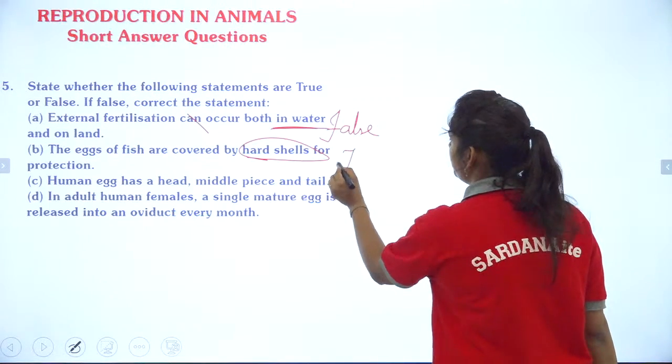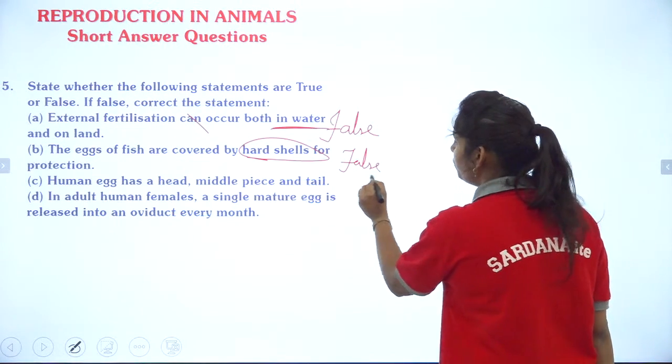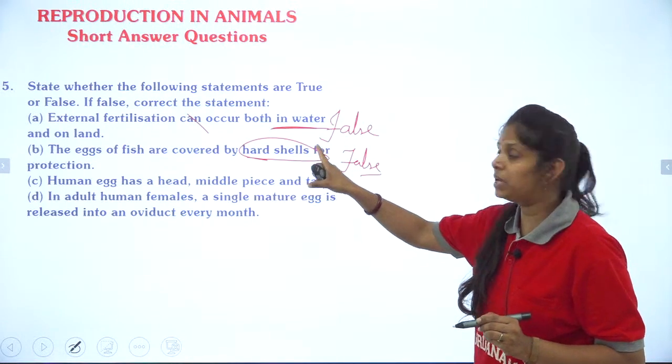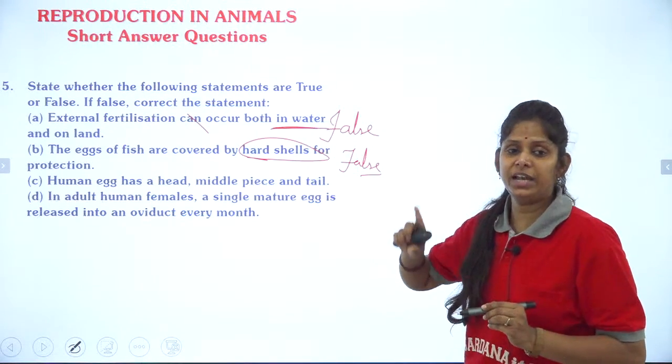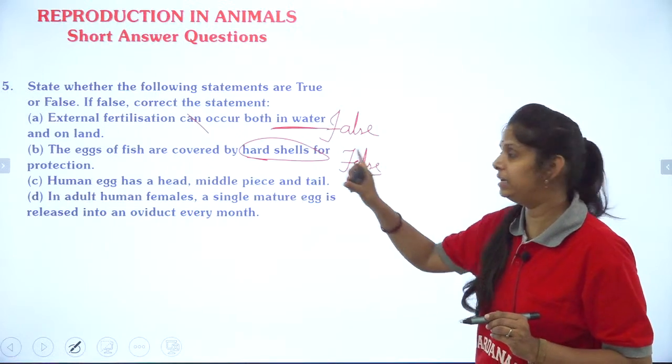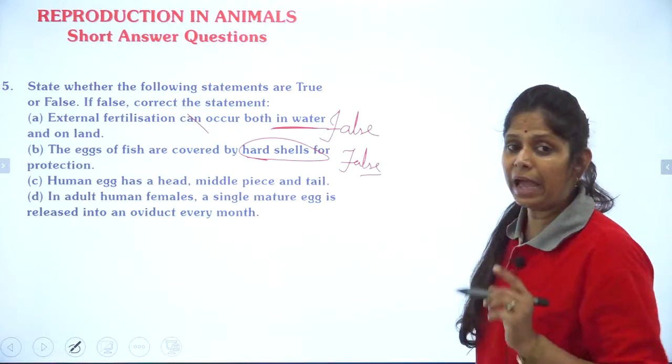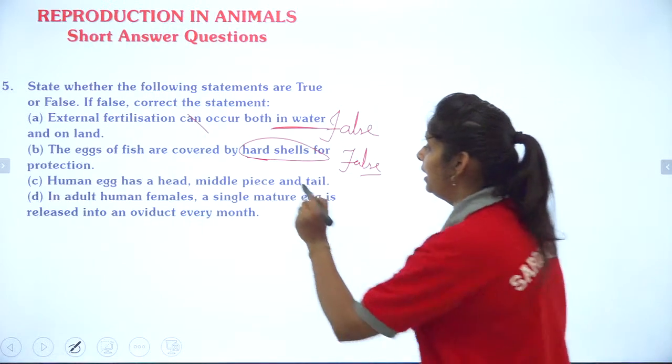So this statement is also false. And how will you correct it? By changing the words hard shells. In place of it, you have to write gelatinous substance, gelatinous covering. Clear? Now next, human egg has a head,